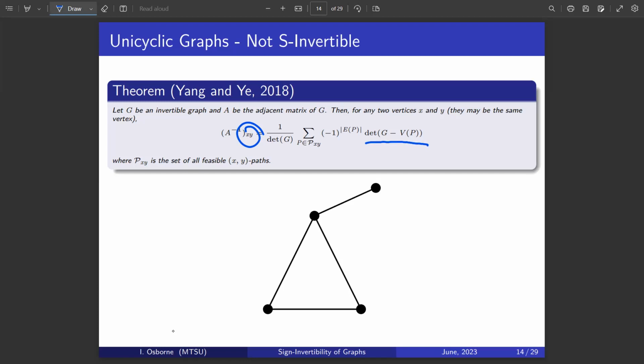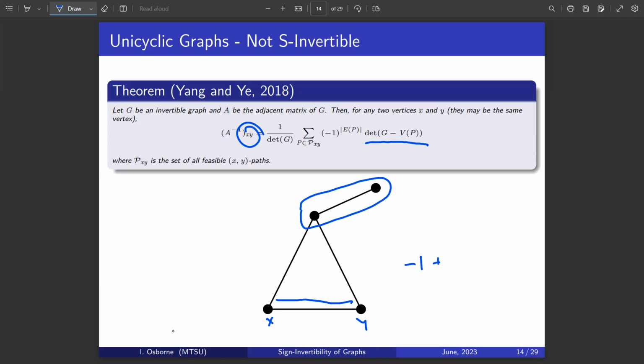So when you're going, if we set this vertex equal to X, and this vertex equal to Y, we can take this path from vertex X to vertex Y, and we're just left with this part of the graph up here. So the determinant of that is -1